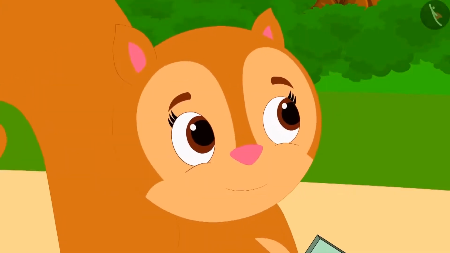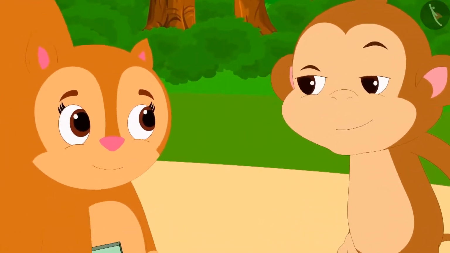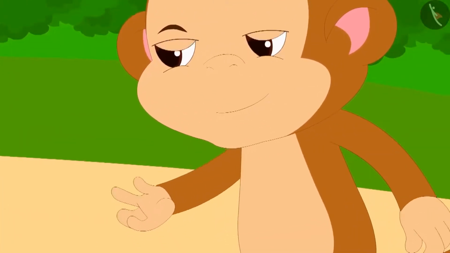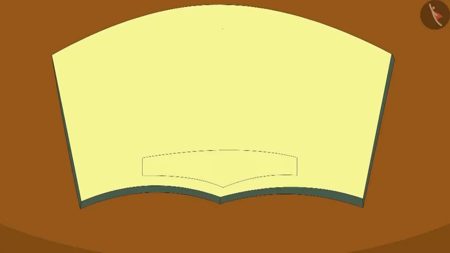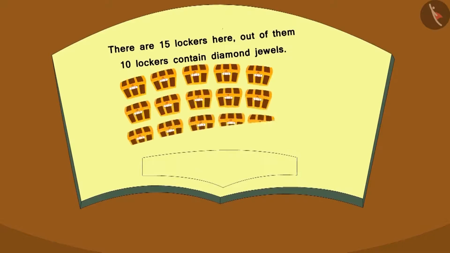The next day, Chanda tells Babban about her magic book. Out of greed, Babban borrows the book from Chanda for a day. Chanda gives it to him happily. Babban opened the book very excitedly, and he thought that he would himself make a picture in the book and write the question. Babban made this picture.